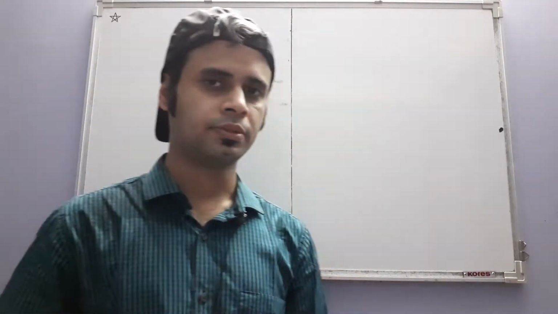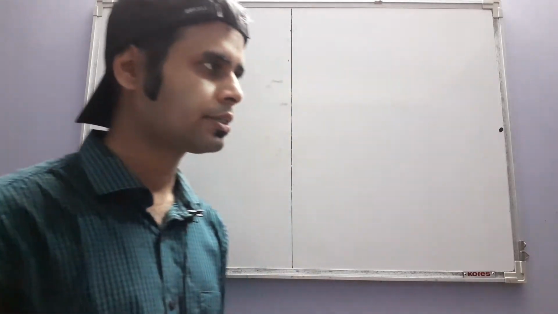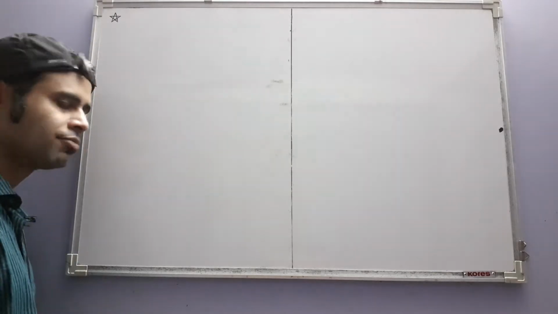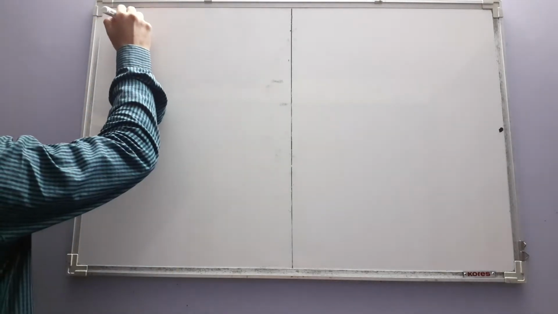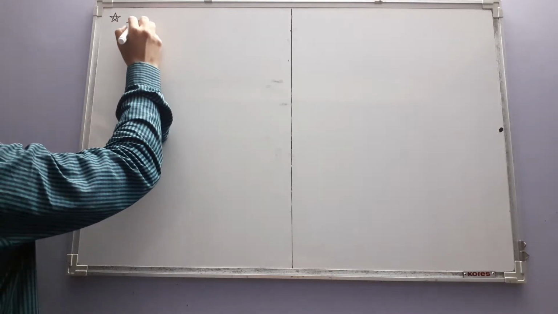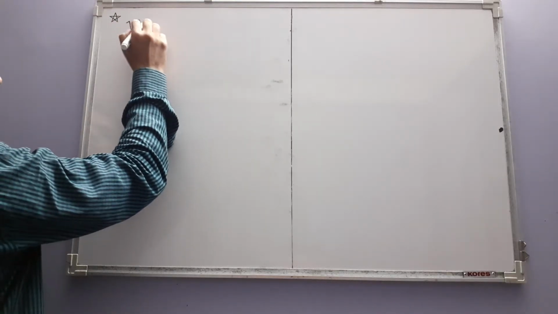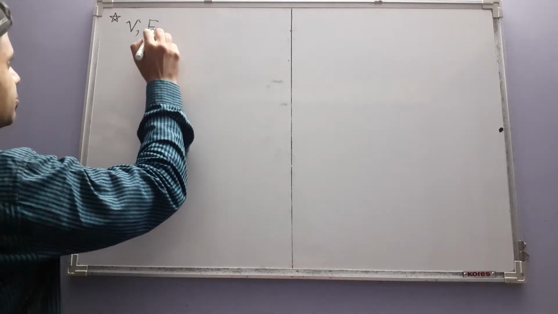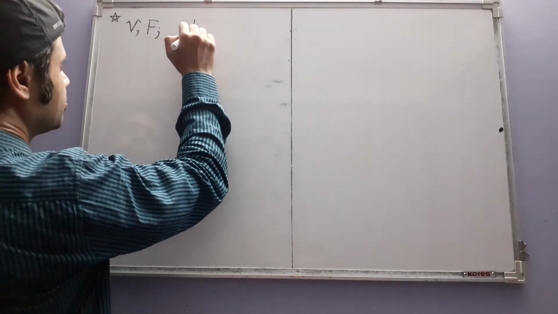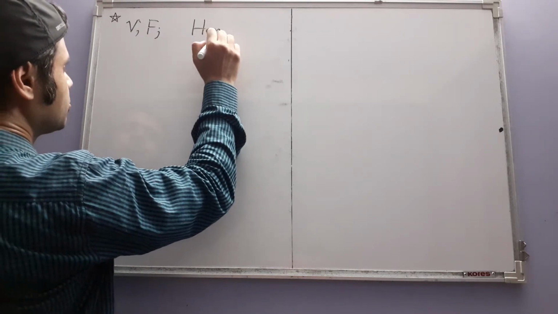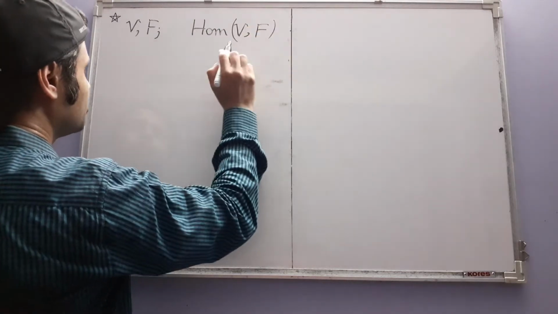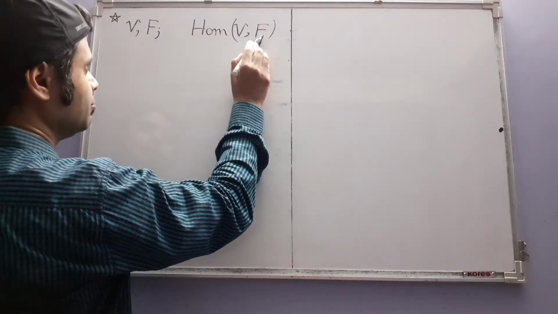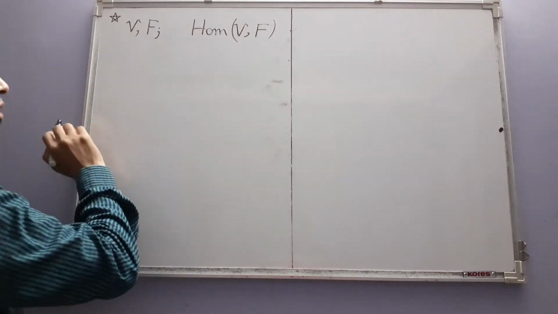Alright, so we have been studying dual spaces in this section. So let us start off today by briefly recalling the notion of a dual space itself. Say we are given a vector space V over some field F. Then the space of all vector space homomorphisms from V into F is called the dual space of V,